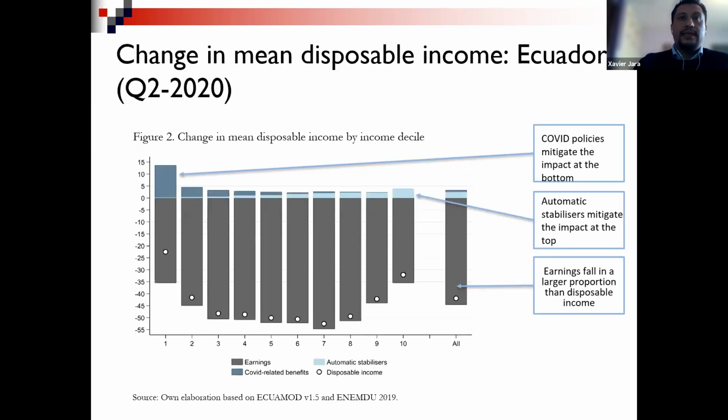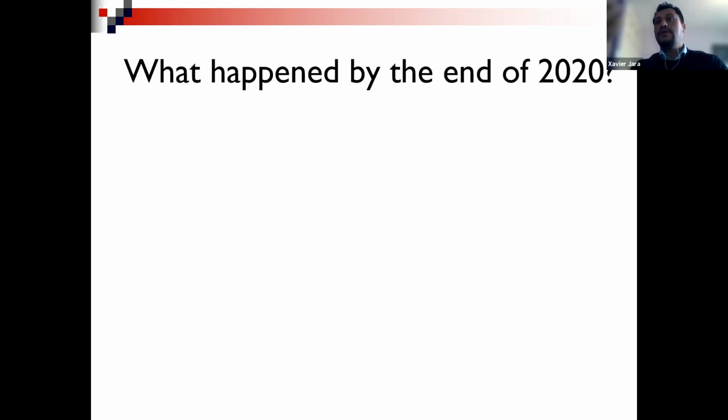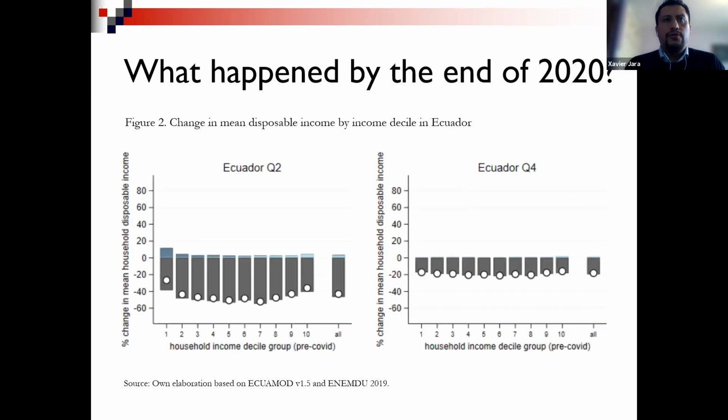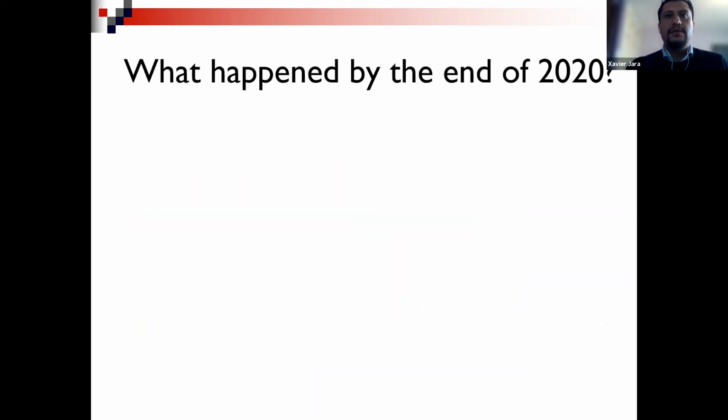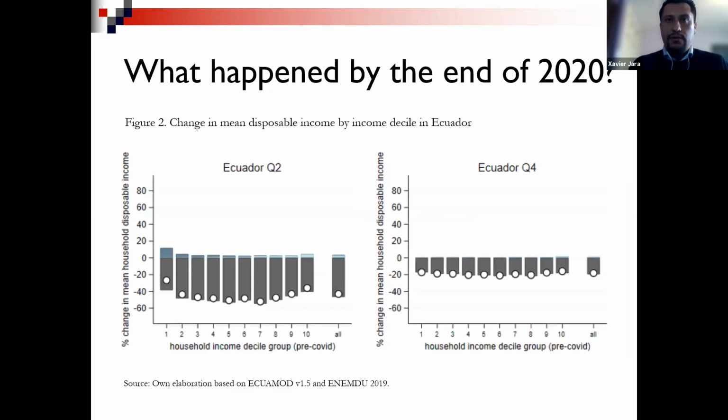Now, that was the picture during the second quarter of 2020 when the Ecuadorian economy was hit the hardest. But what would be observed by the end of 2020? We saw in our figure 1 that the economy recovers, the percentage of earners increases, but it does not return to the pre-pandemic levels. Here, figure 2 compares the situation of Ecuador in quarter 2 of 2020, that's the left graph, and the right graph presents the situation of Ecuador in the last quarter. So basically, the figure on your left is the same that we have here, just on a smaller scale, and the figure on your right is